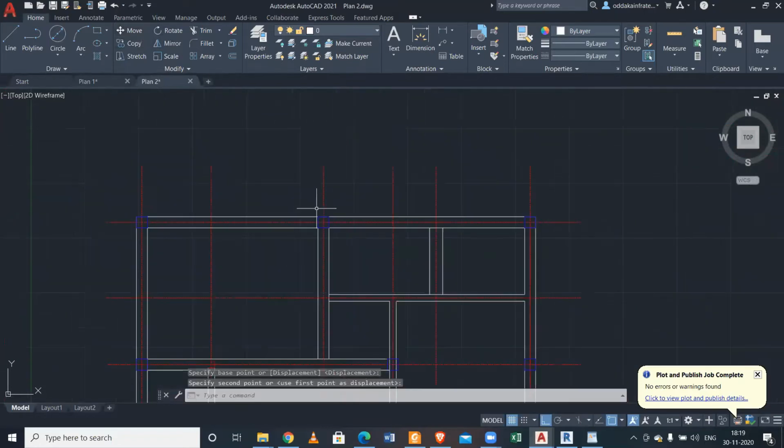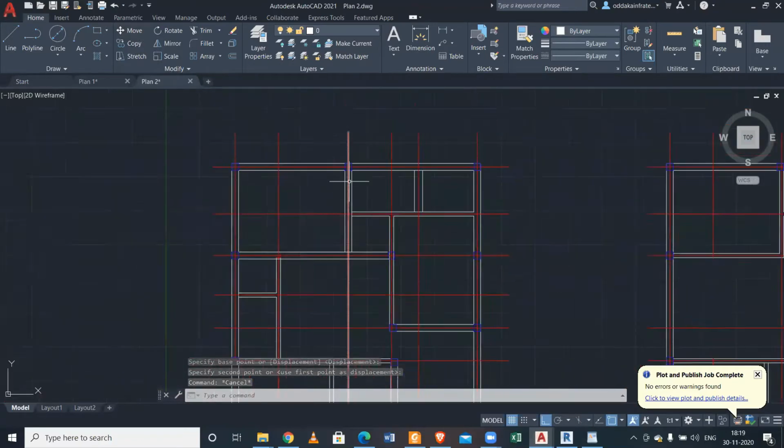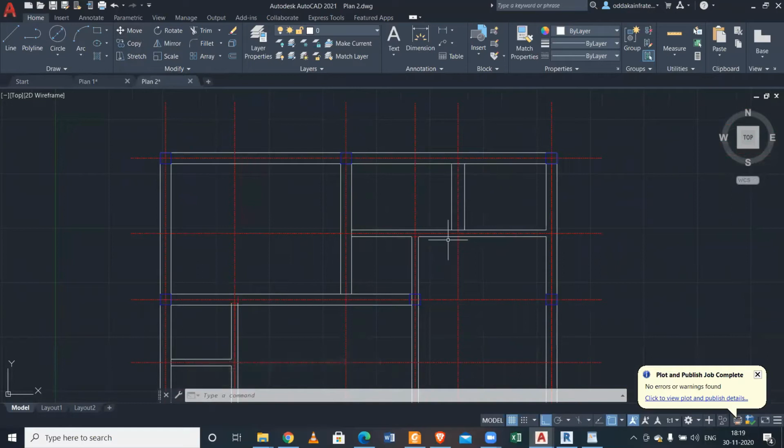To check that, I'm just showing the column position. You have to draw it again. There are a lot of them. I'm just showing the column position right now. I think you got my point, what I'm trying to say about the 10-inch walls. Okay, these three column positions are final right now.